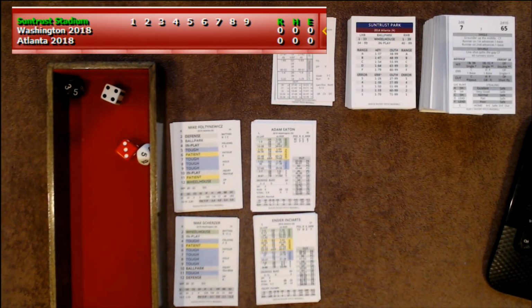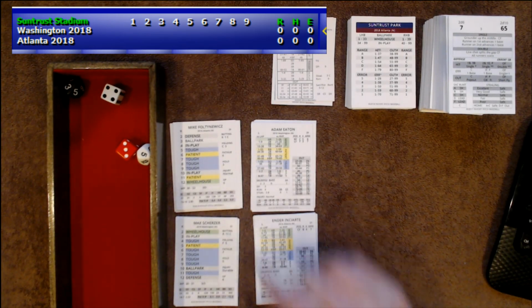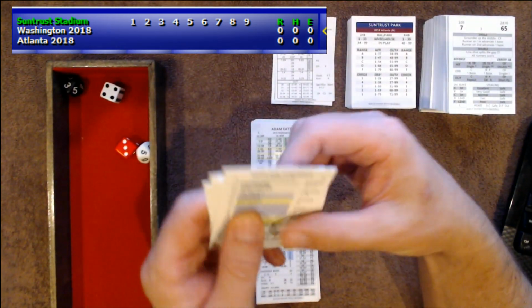Look at the Braves. The Braves are using kind of a standard lineup here, at least early in the season. They have Ender Inciarte in center field. Then we have Ozzie Albies at second base. We have Freddie Freeman at first. We got Nick Markakis at right field. Preston Tucker's in left. We got Charlie Culberson getting the start at short. Ryan Flaherty is at third base. Kurt Suzuki is the catcher, and Mike Foltynewicz.